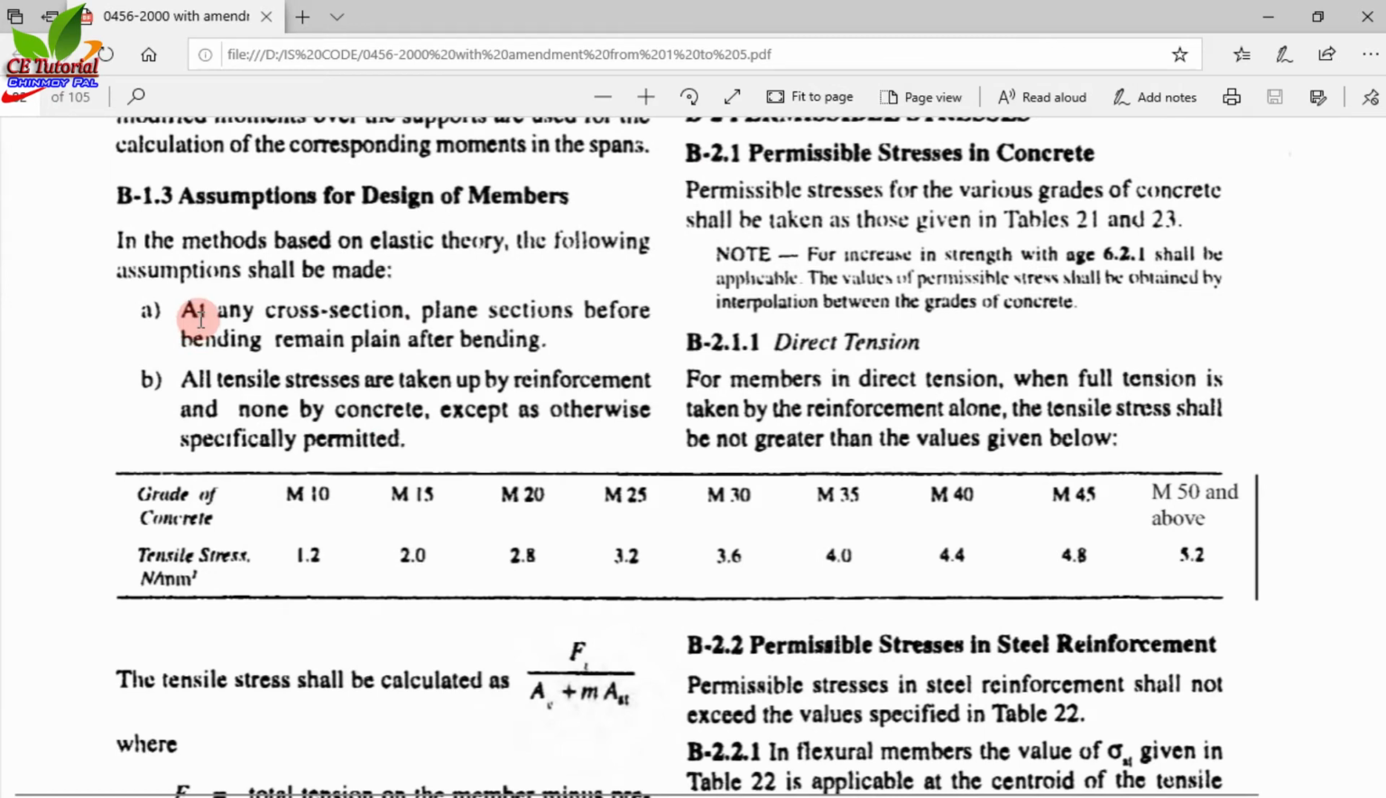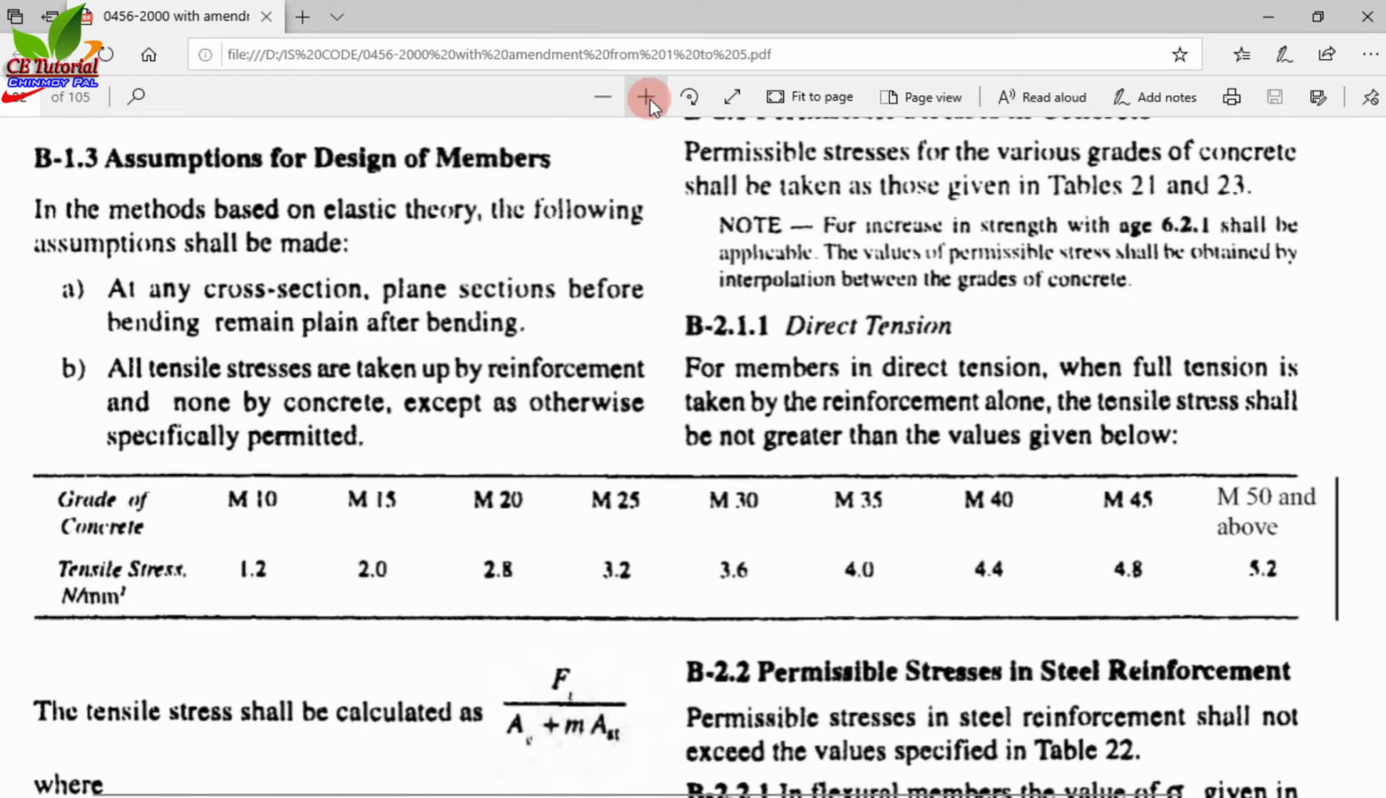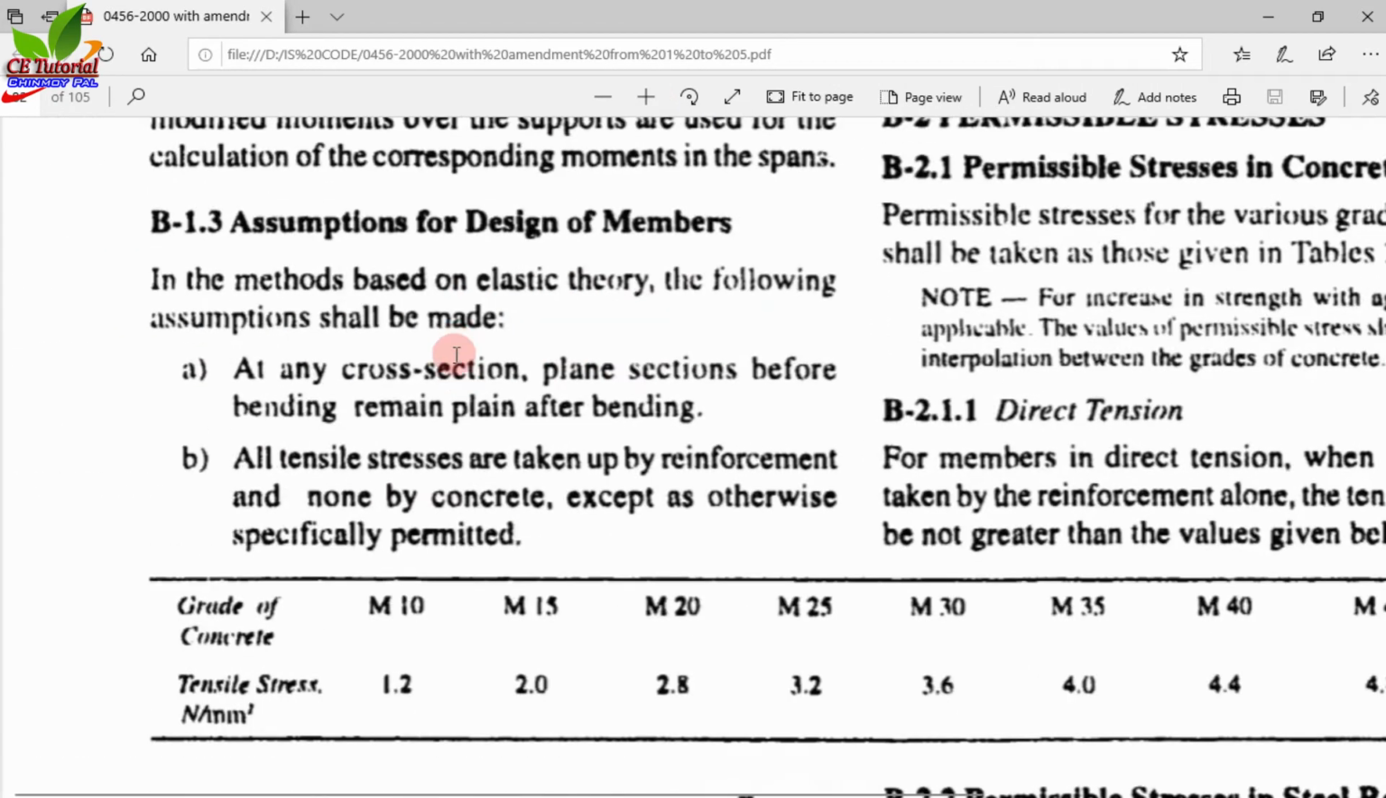First assumption is at any cross section, plane section before bending remain plane after bending. And now you know what is the meaning of this assumption, that is plane section before bending remain plane after bending, and after that all tensile stresses are taken up by reinforcement and none by concrete except otherwise specially permitted. Now what is happening